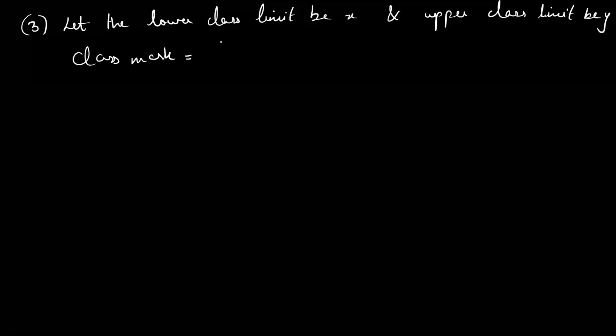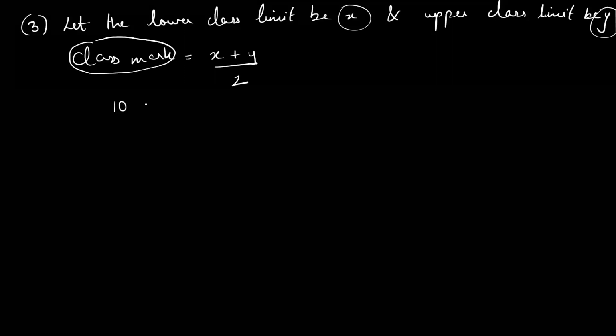Okay. So what will be the values that will come here? Oh, class mark is already given. No, but still, if I want to write the formula using x and y, what to write? X plus y upon 2. In the next step, can you tell me the value for class mark? 10. 10 is equal to x plus y upon 2.